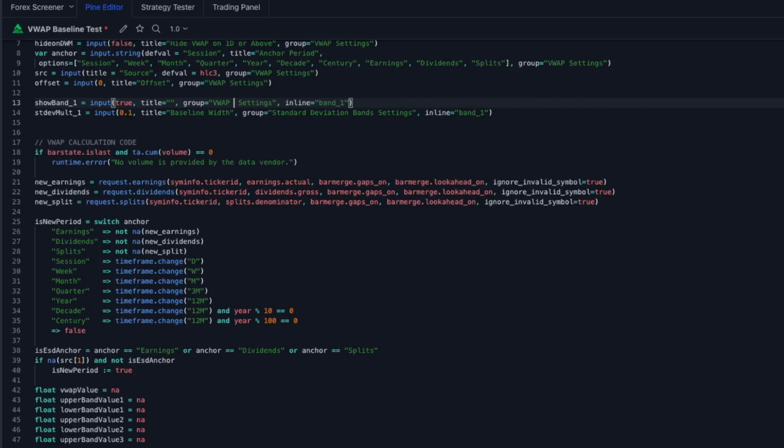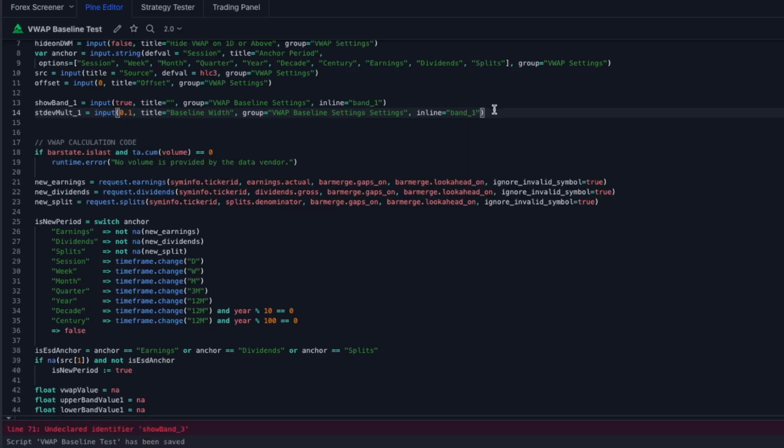Let me remove the capitals here. VWAP baseline settings, and we are going to do the same here. VWAP baseline settings. And now if we click on save,